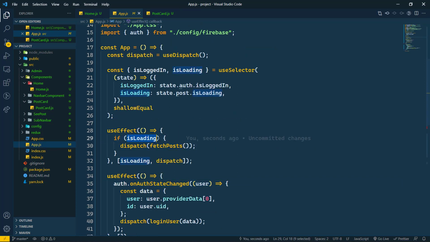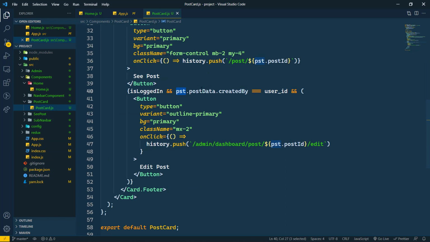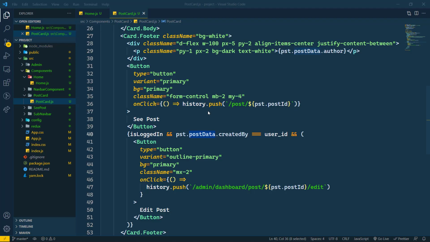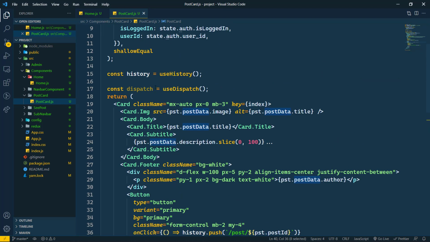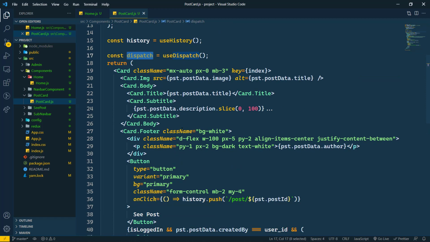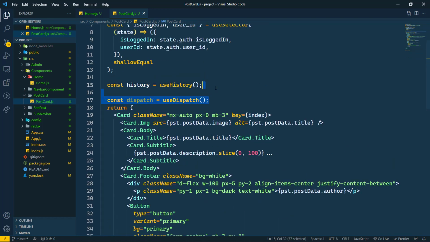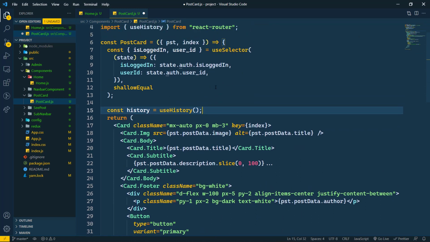Here we are fetching the post, isLoggedIn, fetching the post, so everything is correct, and dispatch is there, but where we are using the dispatch? We don't have to use the dispatch here. So I'm going to remove this.